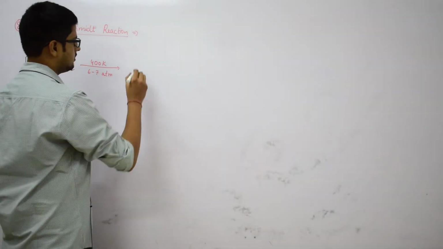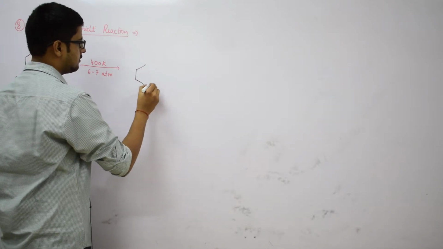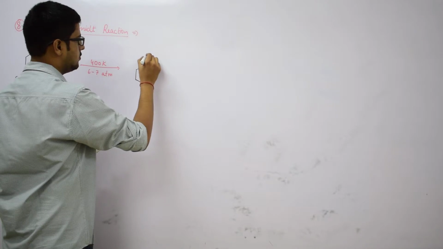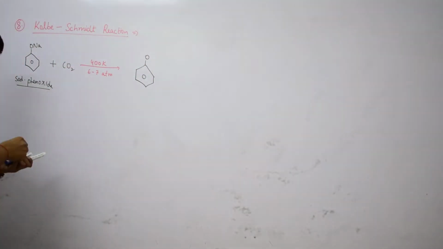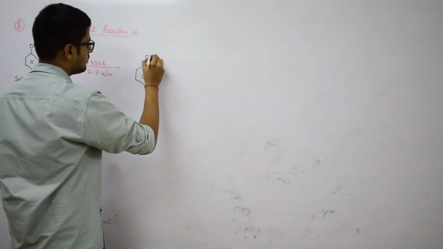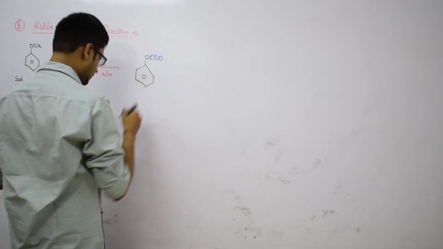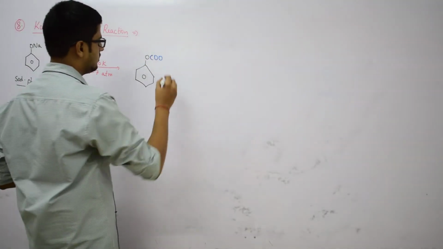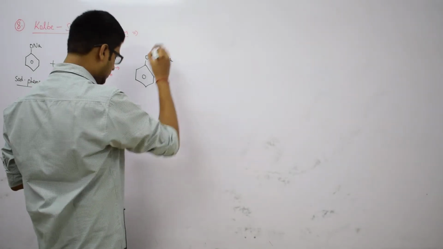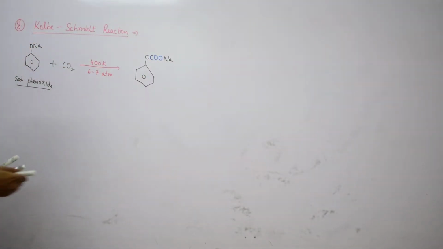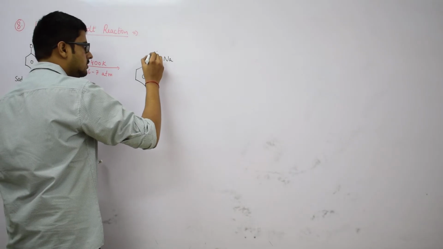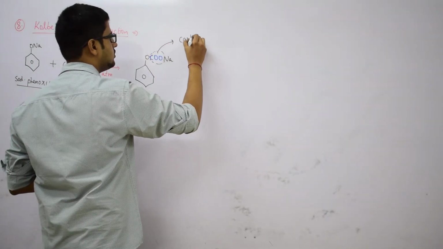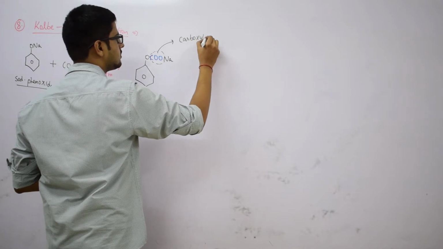So, this was our phenol and O. This CO2 would be attached in this form, C double bond O, carbon dioxide, and after that Na. This is the intermediate step which is formed. So, this CO represents the carboxylation which took place,